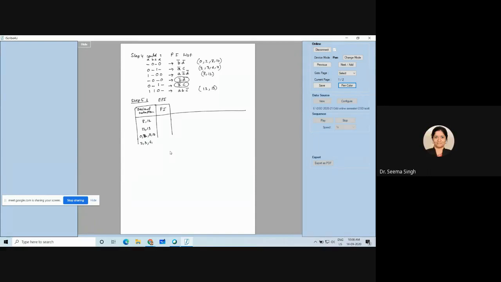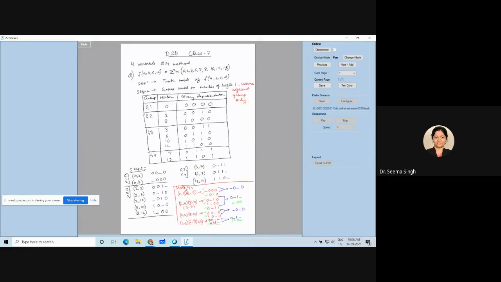Whichever you could not group, you are not supposed to leave it just because grouping was not possible. Okay, I will show you. See here, when you were grouping, whichever grouping was possible, for example 0, 8, 2, 10, we did it. Now come to this second one, this 0-10 and this 0-11. Their pairing was possible, we did it, right? But what we can see is this second one, 1-00. This 1-00 pairing was not possible.